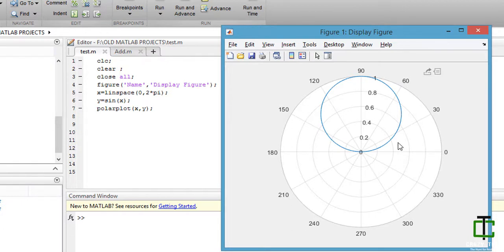So let's analyze a point here. Here is a point. It gives you theta 29.09 degree. It's very good that it's showing us theta in degree, not in radian. So it's very useful to visualize what my point value is, and the radius is 0.4862, in some unit. So it gives you the whole sinusoidal wave, meaning degree versus its amplitude.